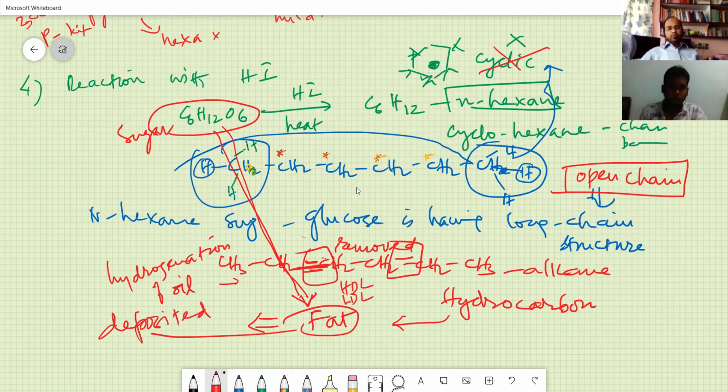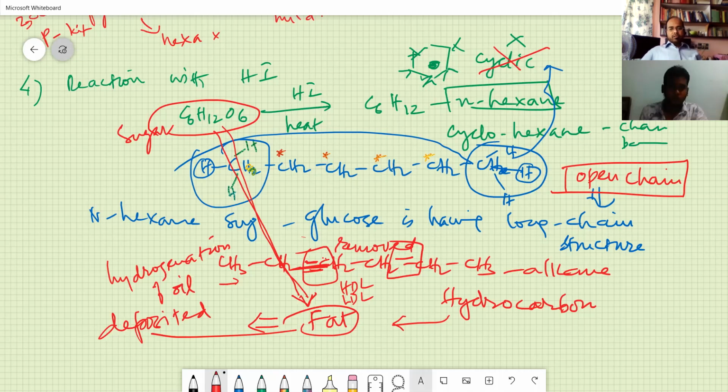So you got two beautiful pieces of information from this. One is that the open chain structure of glucose is linear, with 6 carbon atoms. And the second thing is that sucrose and glucose can be converted into a fat that is not good for health biologically. Therefore, if there is absence of activity and absence of insulin, this sugar will be converted into fat. Therefore, you have to avoid taking fat.